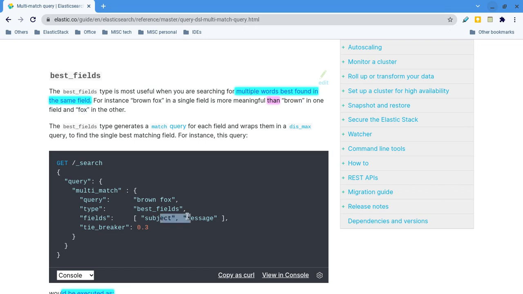Obviously it is multi-match, so each term will be searched in both places. Assume brown is matched here and here, and fox is matched here and here. Obviously, if the whole term is matched in any one field, that field will play the important role in returning the document.